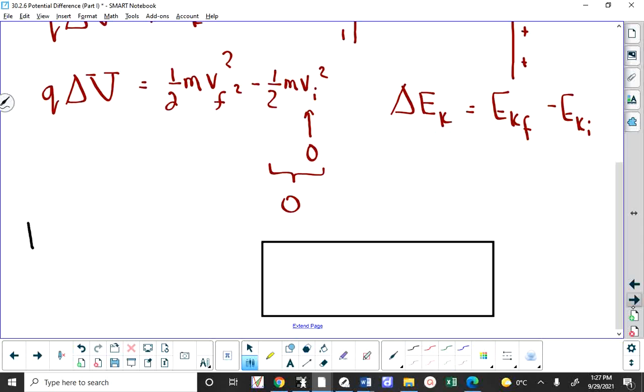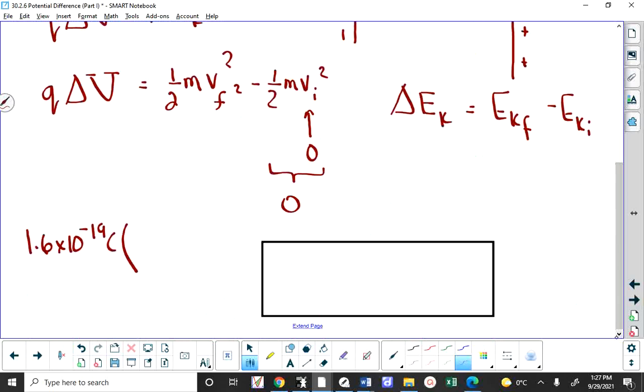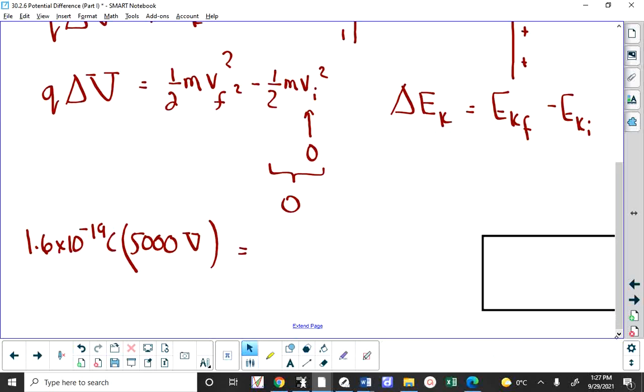So the charge, it's an electron, which is 1.6 multiplied by 10 to the negative 19 coulombs, times the voltage, which is 5,000 volts. Now I'm writing volts, but remember a volt is a joule per coulomb, isn't it? So the coulombs are going to cancel with the coulombs, leaving joules. This will be equal to 1/2 times the mass